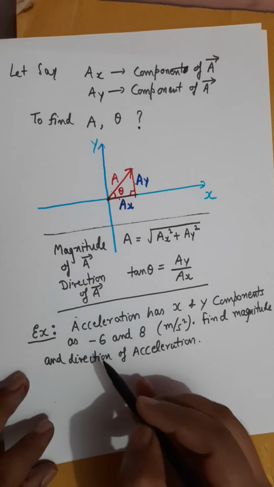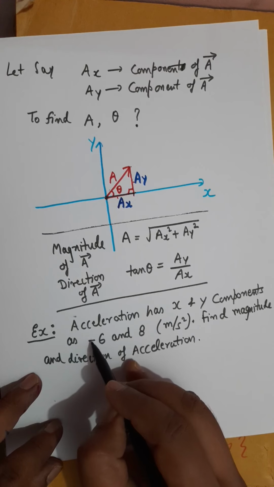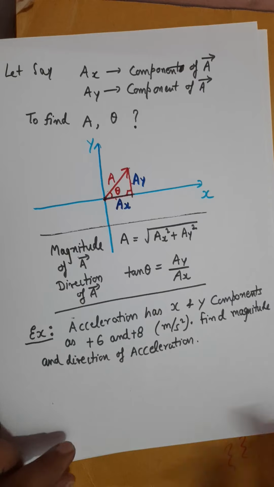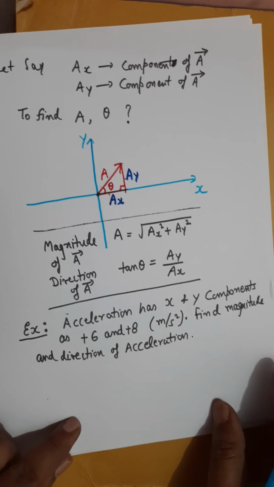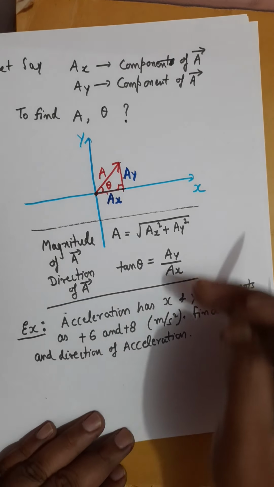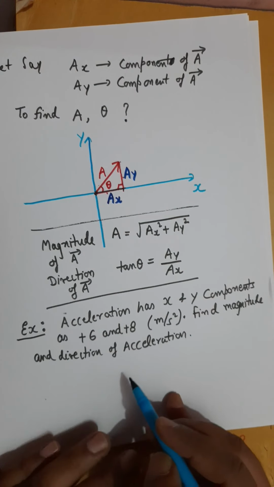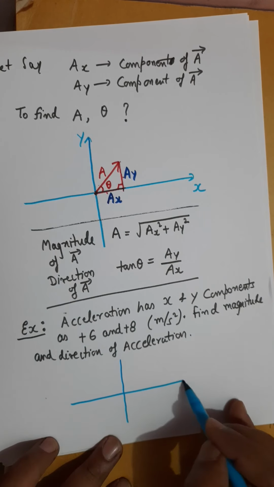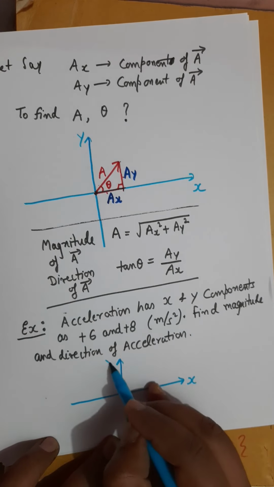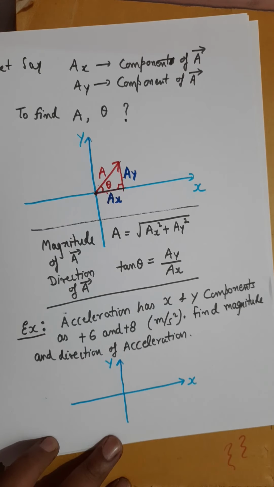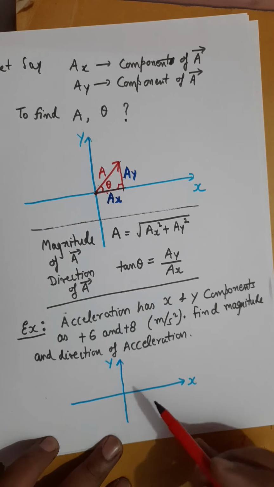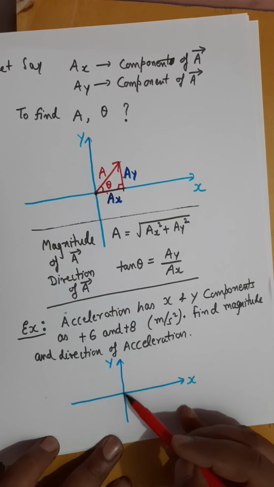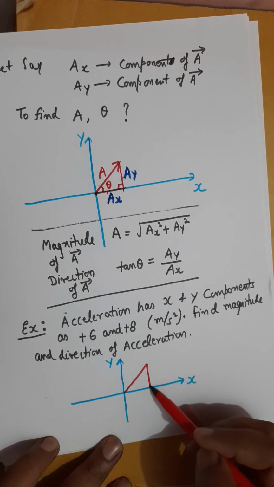So first I will take positive components, and just to make it clear, I will take the positive components. So what is the process now? Either you can use the formula, or you can use this result as a formula, or you can use the process. I prefer to use the process because I know that I need to draw a right angle now. Both are positive components, which means you should be in the first quadrant. So quickly draw a right angle figure.